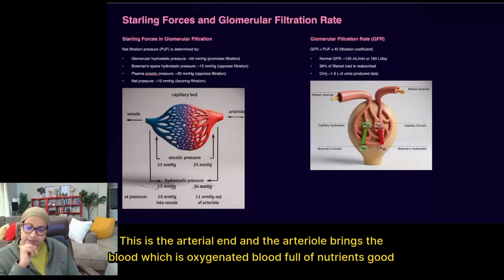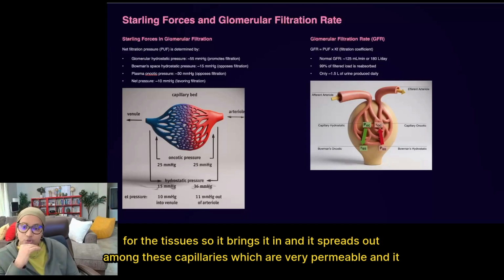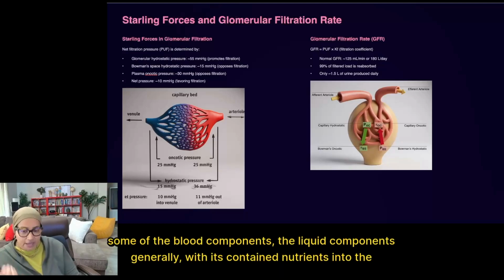This is the arterial end, and the arteriole brings oxygenated blood full of nutrients, good for the tissues. It spreads out among these capillaries, which are very permeable, and allows the escape of some of the blood components, generally the liquid components with their contained nutrients, into the interstitial